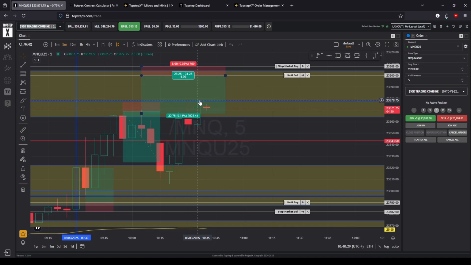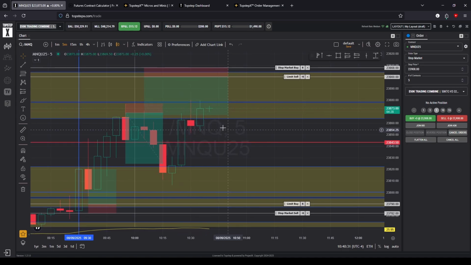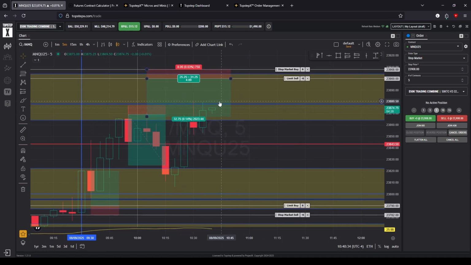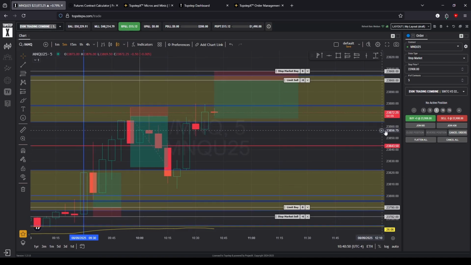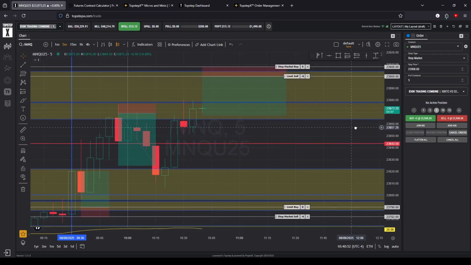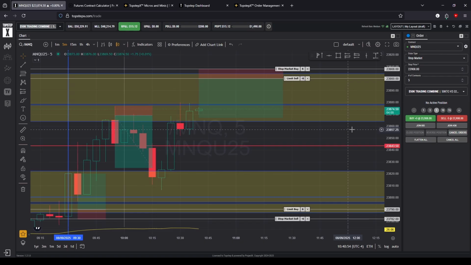This has gone through multiple times, so it's definitely going to break, and hopefully it will go up here before finding resistance and reversing. That would be quite nice. I'll move this over a bit. Okay, I'm going to leave the computer for a bit, and hopefully by the time I'm back, I'm in a profitable